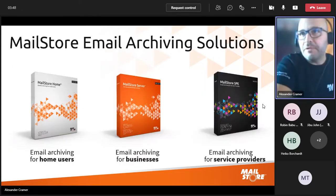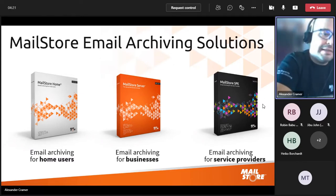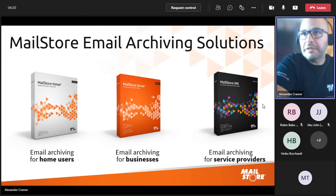We have 3 products in our portfolio. The first product, where it all started, is MailStore Home, which was created for private users as a solution to help them manage their emails. It's free-to-use software, available on various computer websites and download lists, and has probably been downloaded millions of times. It's a great tool because it creates awareness for archiving, how it's helpful, and is essentially the foundation for our business product, the orange box MailStore Server, which is our core product and aimed at